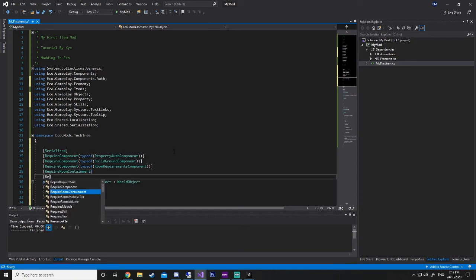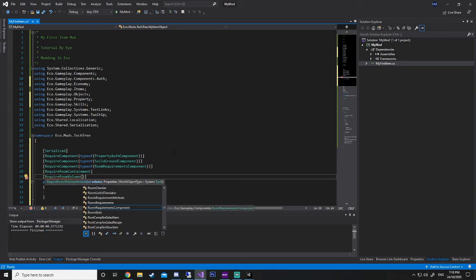And then we can add the RequireRoomVolume, and then this adds an int, so how big the room has to be for this thing to work. Now this is usually only used on tables, like crafting tables and stuff like that, so you don't really need to worry about it on the object we're going to do today, but this will be handy if you're trying to do tables. So this needs, say, 25 square meters in the room.